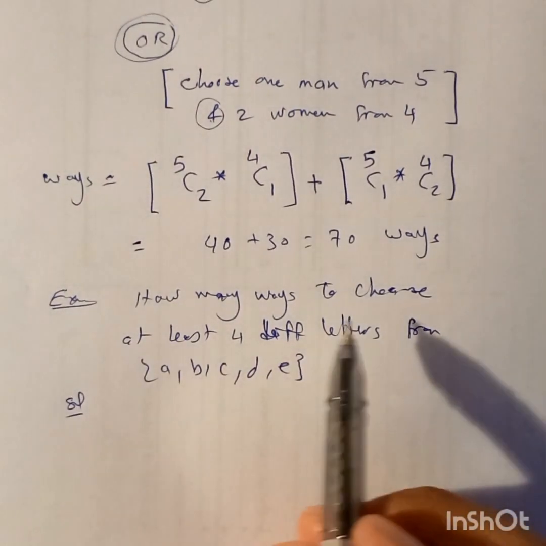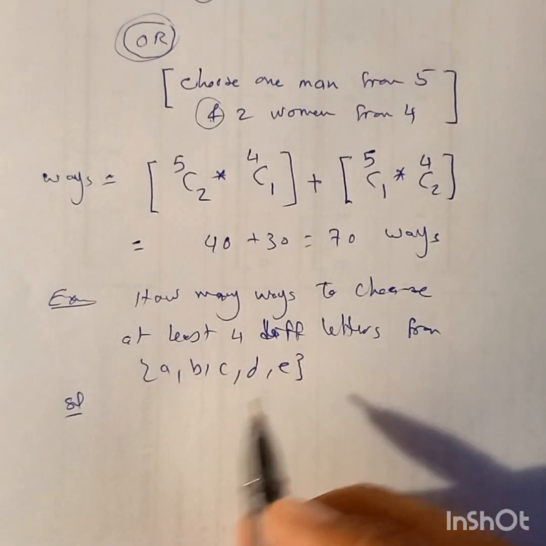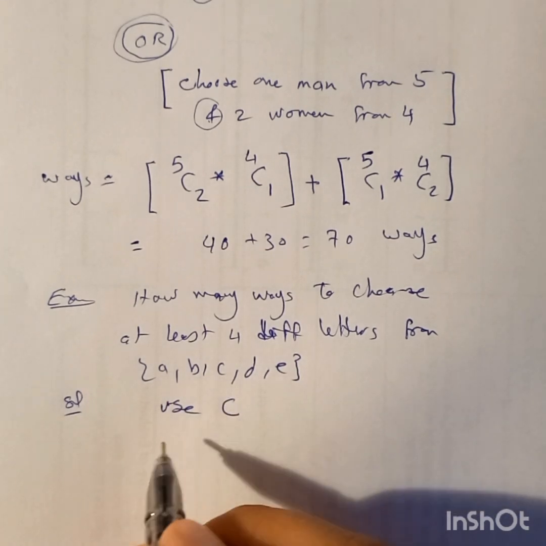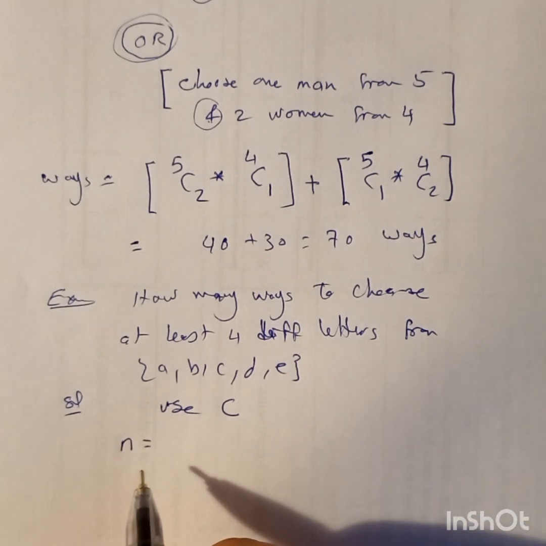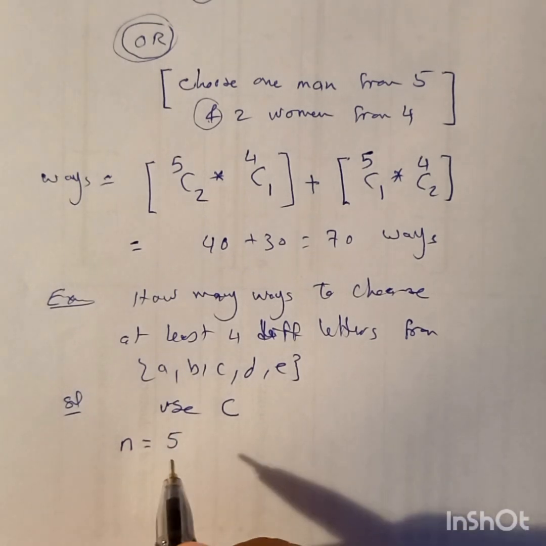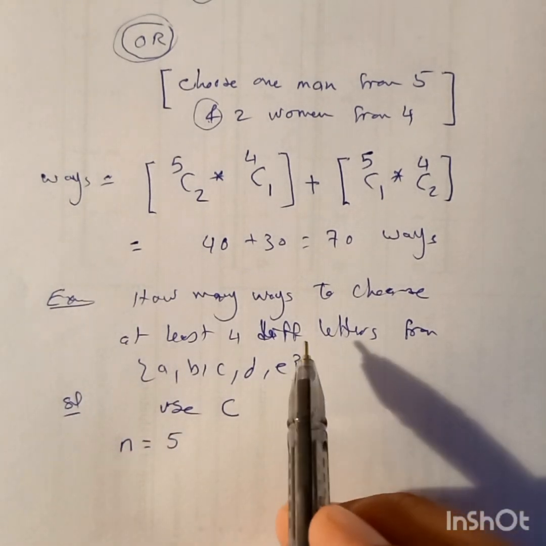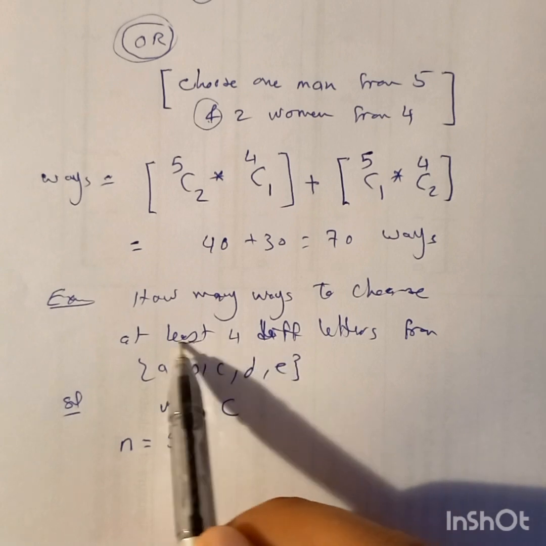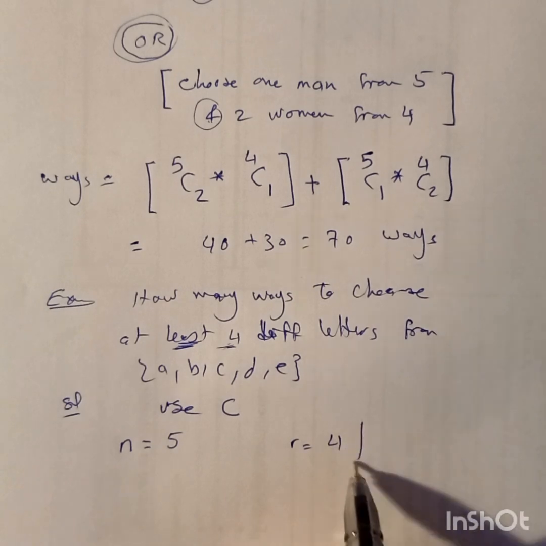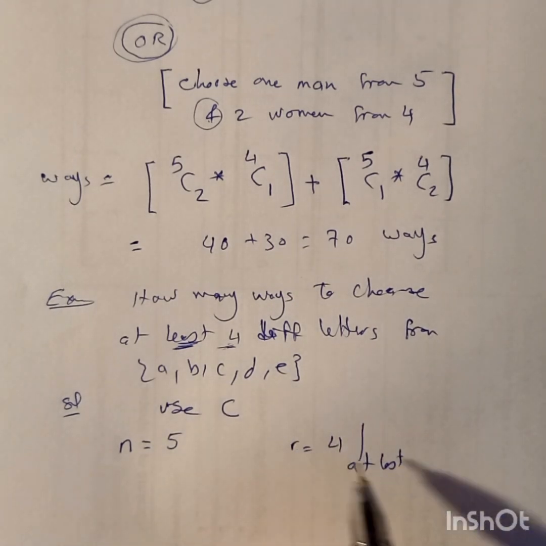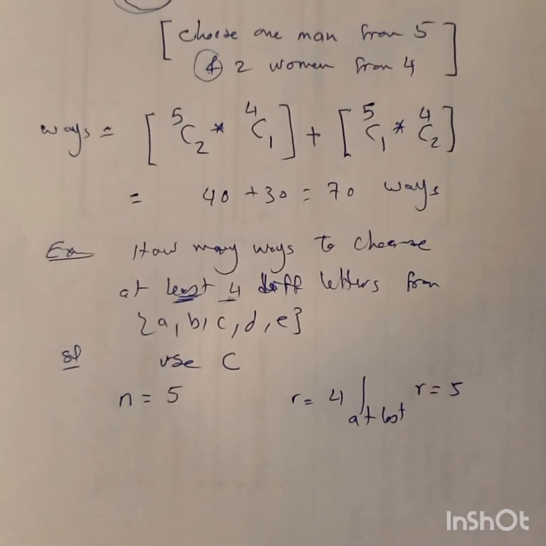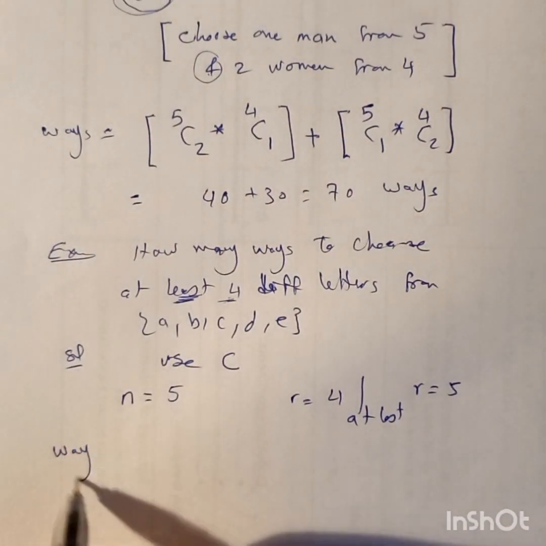Here we have to choose, and we don't have arrangement, then we are going to use combination. Here we have to find n, the number of ways of the main set or main group. We have A, B, C, D, E, we have 5 letters. Then we need to find how many ways for at least 4 letters. Then we have r at least 4, so r equals 4 or r equals 5. Then we have number of ways equals,